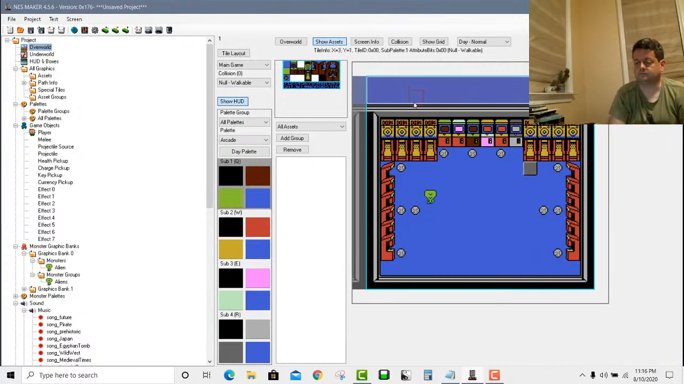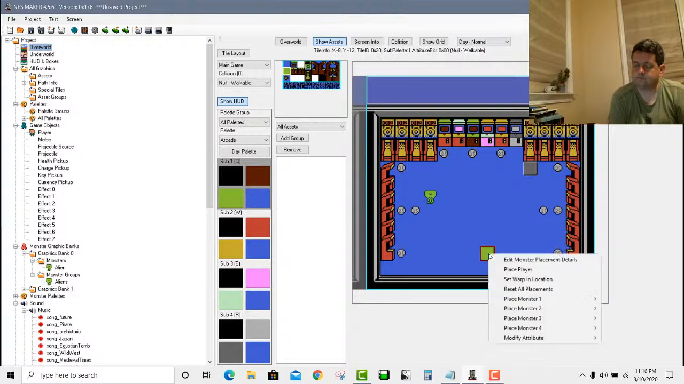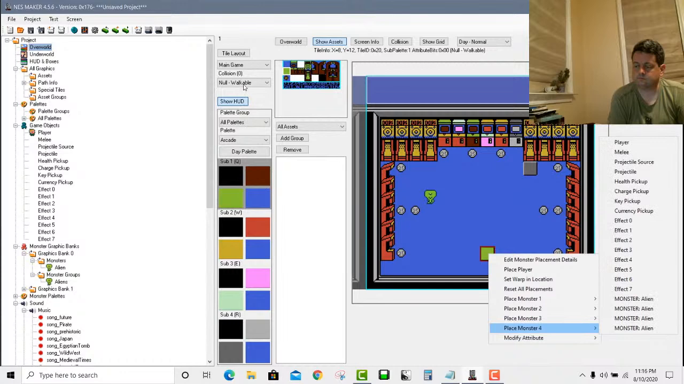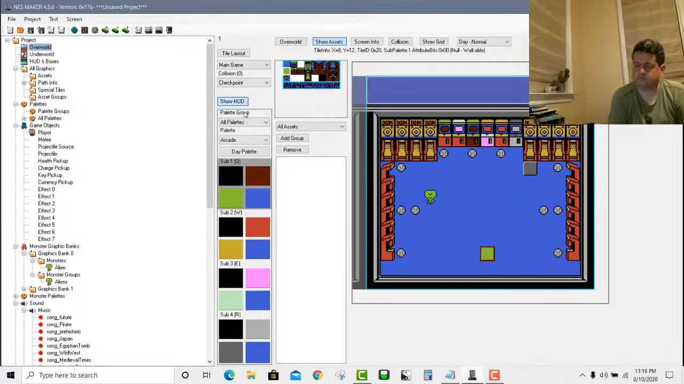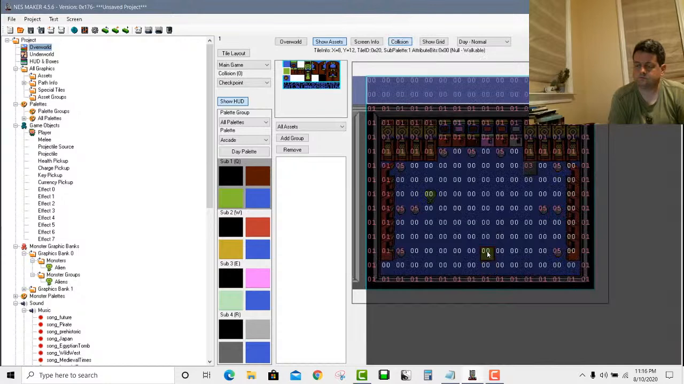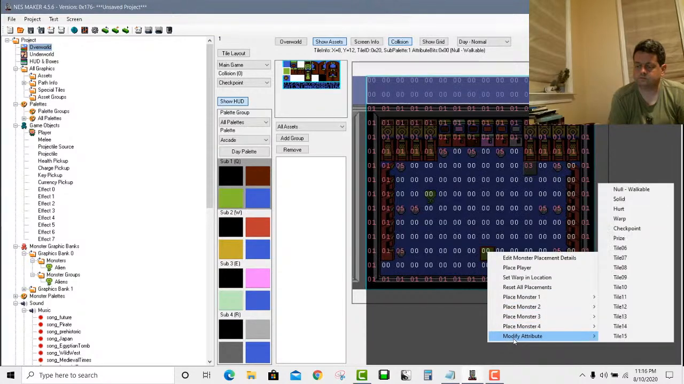Now I could put an alien in there. I'm also going to put a checkpoint. For right now, I'm going to use this, but I'm going to keep it green, and this right here, I'm going to set to a checkpoint. I'm going to right click on it and modify the attribute. I could go up to here and change this to checkpoint and hit 0 and look at collisions and that would change it. Or I could just right click on it, modify the attribute,